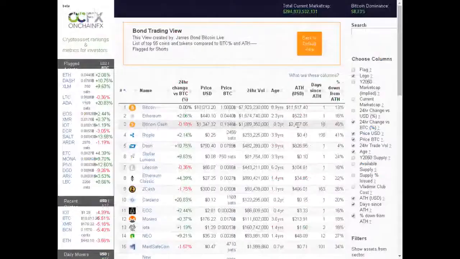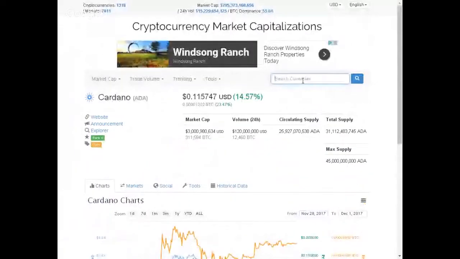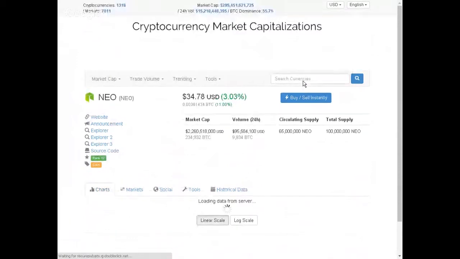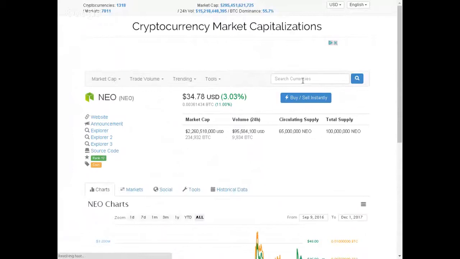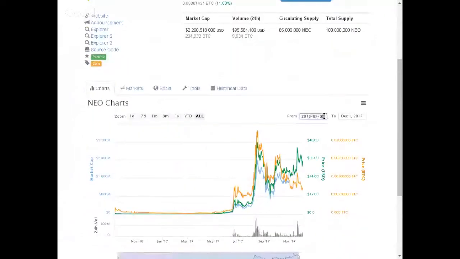Neo. If there's a way you could see if there's more Bitcoin that you can make out of Neo, I think it's worth looking at. Let's take a look at it. And I'm just going to look at the last since the 28th.